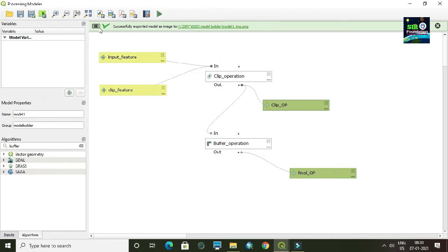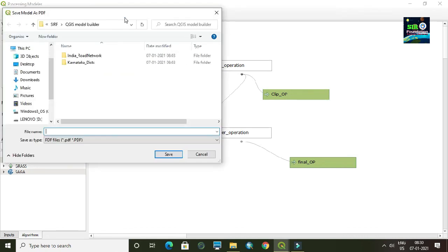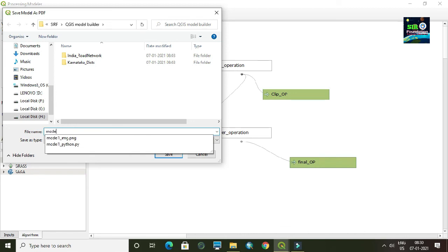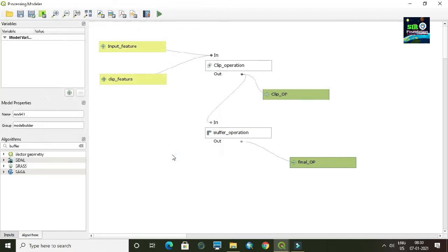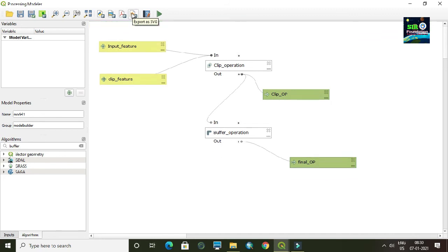Here you can see the model was successfully exported as an image to the respective location. Then you can extract a PDF of the same model over here, and likewise save the PDF form of this model. Then here you have the SVG format, and you can follow the same procedure.